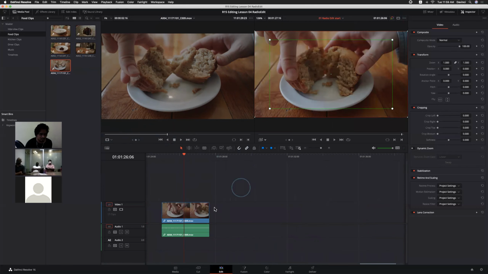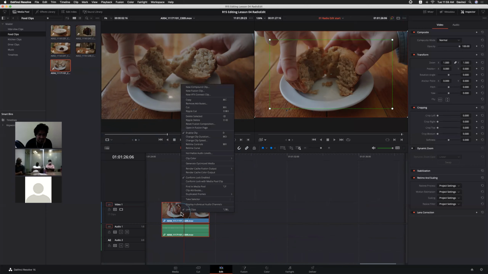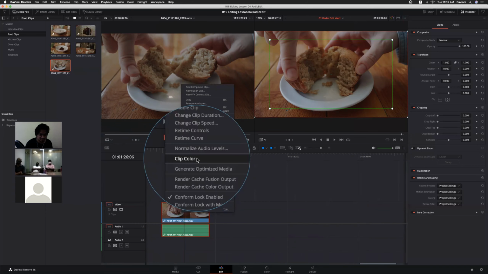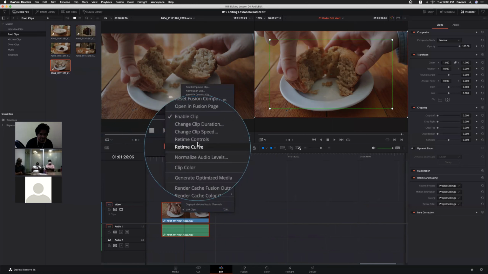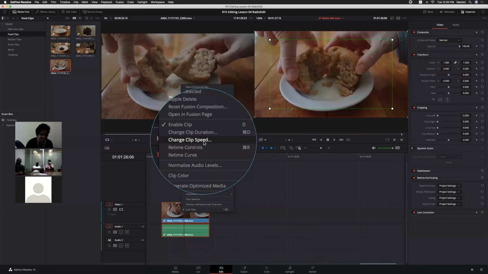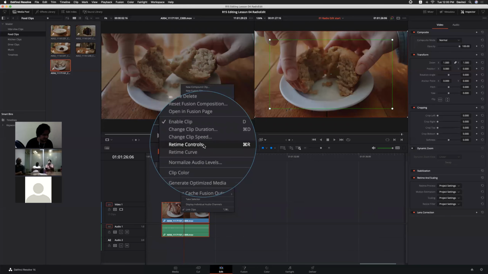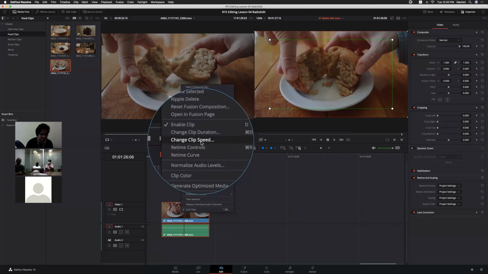So we have two types of speed changes here. By right clicking, we can access those options, right? Can you see these options? Change clip speed and retime controls. Okay, so first we will see clip speed.